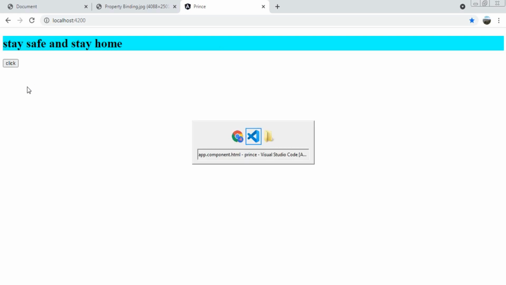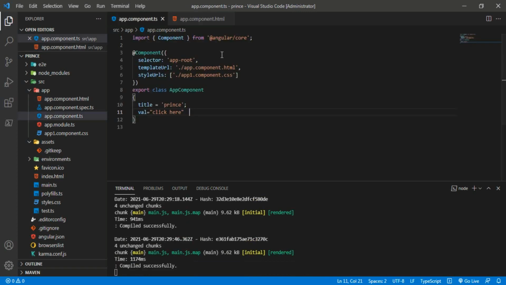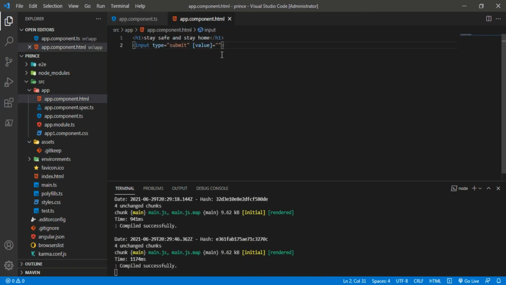And now I will do this with the help of property binding. For that, I will keep this value attribute inside square braces and give the variable name here, and the variable name is val, and save it.